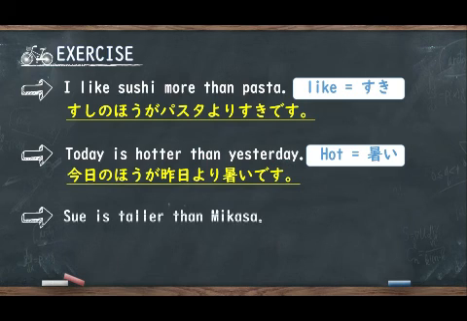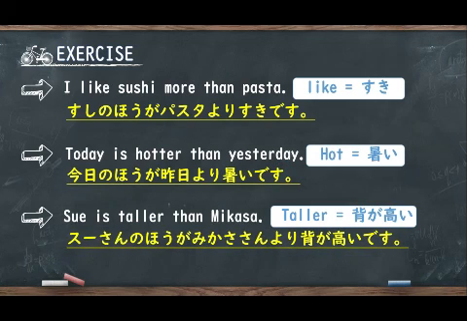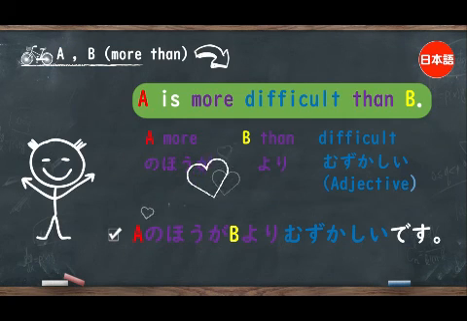So let's try the last sentence. Sue is taller than Mikasa. Tall in Japanese is 背が高い。背が高い。So how do you say the full sentence in Japanese? Okay, you can say スーさんの方がミカサさんより背が高いです。